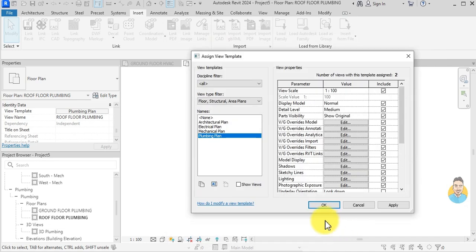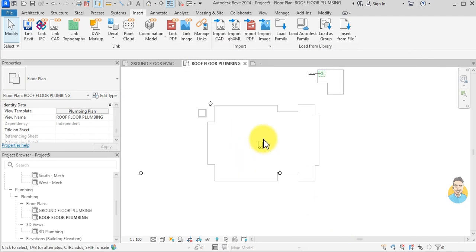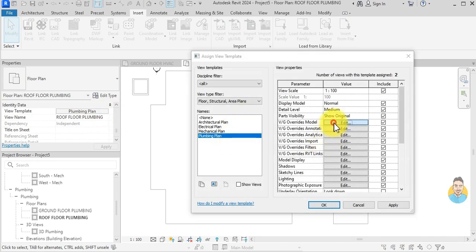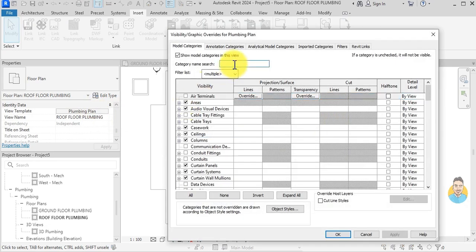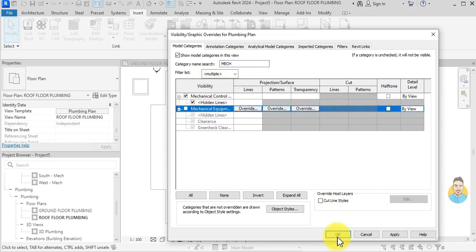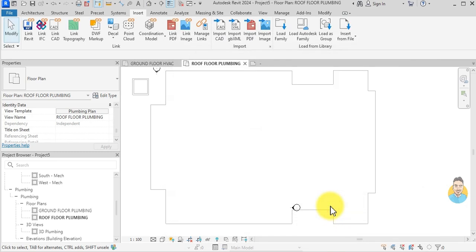So I click OK, OK. I do it again. Edit. I search for mechanical equipment. Then I check it, uncheck it. Okay, okay. I go to the roof plan,